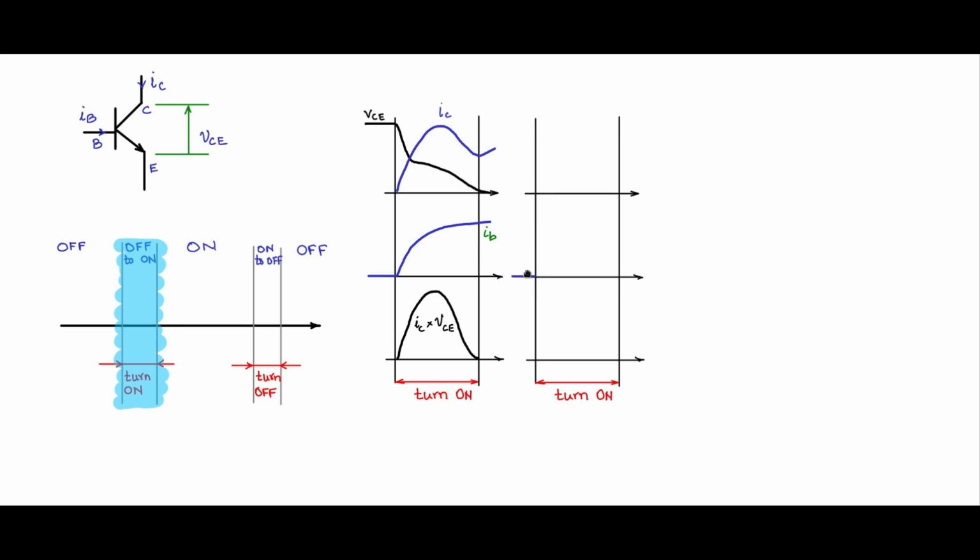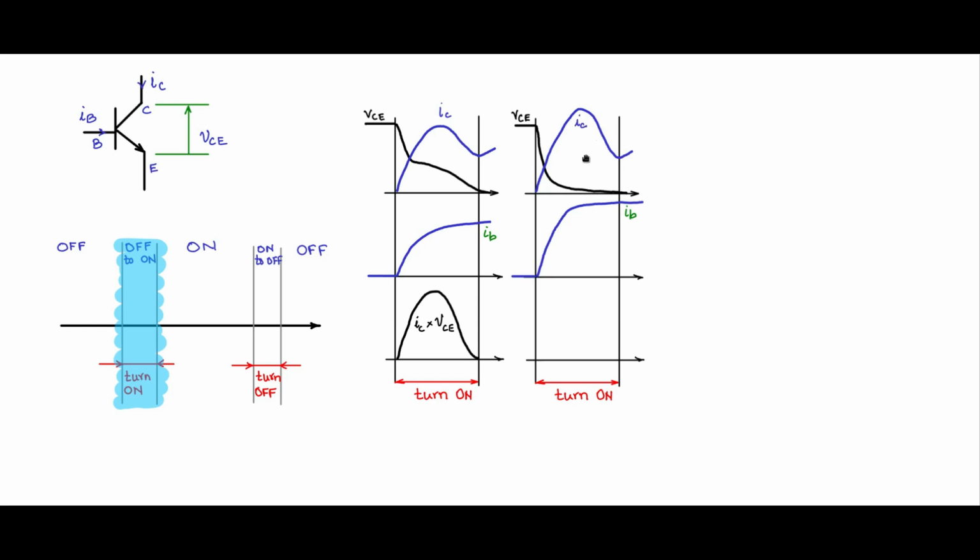Now IB, I slightly increase. I give a higher value of IB. If I give a higher value of IB, what happens to the VCE waveform? VCE was off here, call that VCE, and how does it evolve? So you will see that it goes much more smoothly and quicker towards the on state. And you will see a slight rise in the collector current during the turn on period, and then again it comes back and settles at the same value, which is then later controlled by the external load.